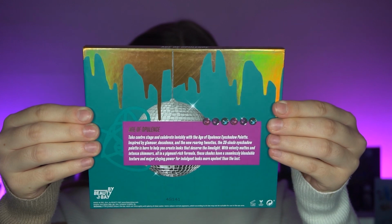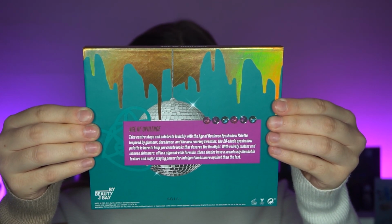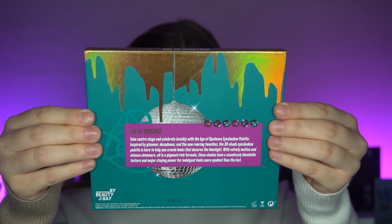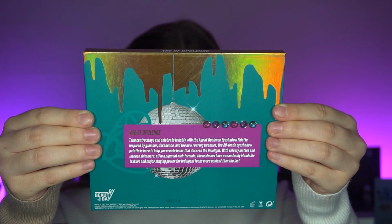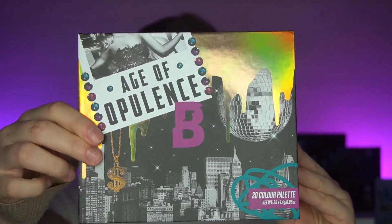On the back you have another disco ball, and you have the same quote that I just read out explaining the theme of the palette and that kind of thing. So yeah, I really like the packaging. I think the packaging is actually quite fun. It's got this like holographic design on it as well, with like the paint dripping. I really like that. It's almost like gold, silver gold dripping. I really like that. And then when you open her up,